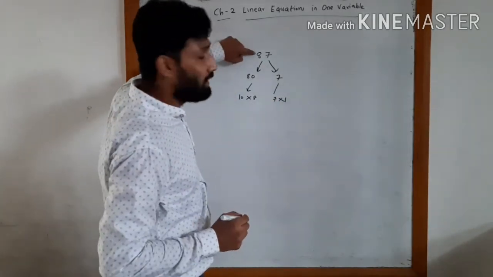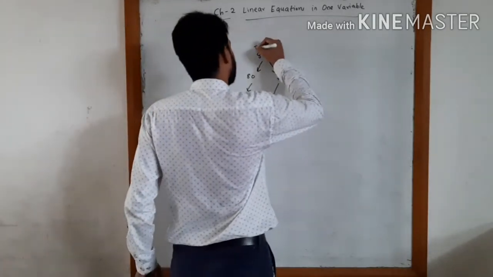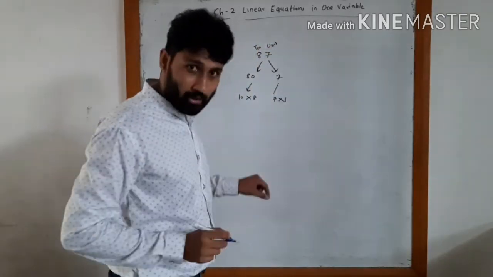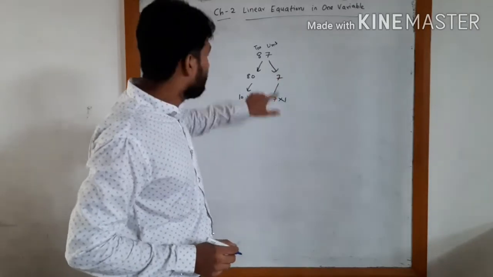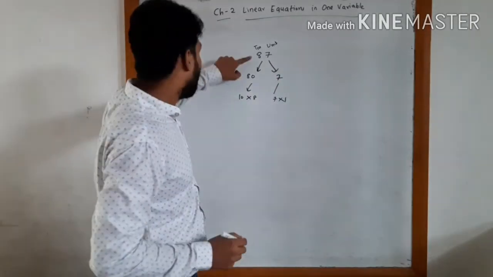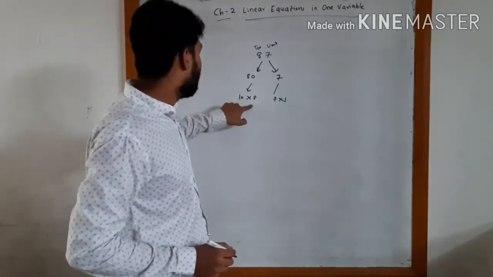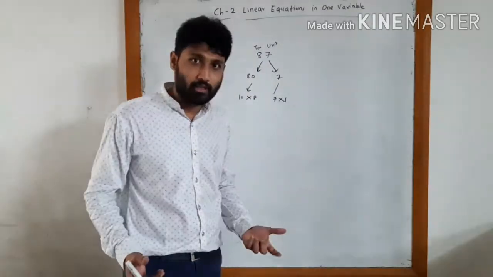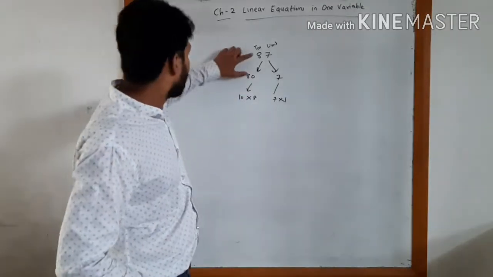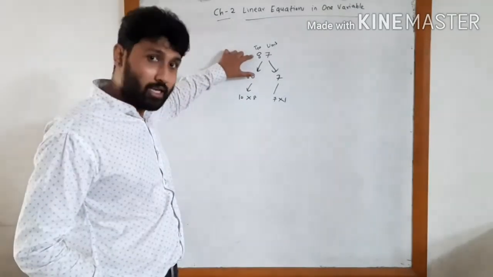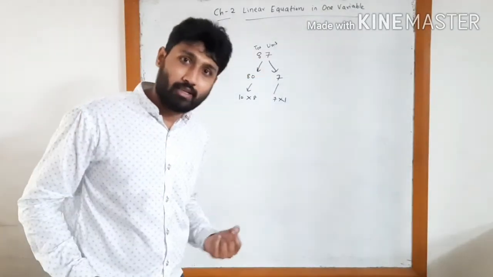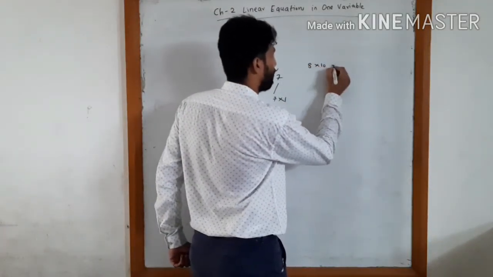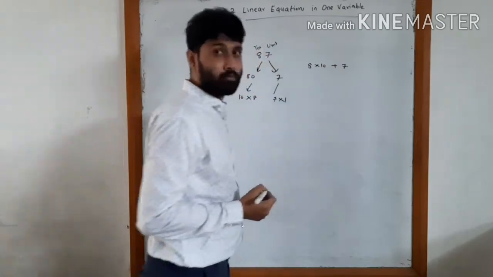You know that 8 is at the tens place and 7 is at the units place, which means the value of 7 is 7 into 1 and the value of 8 is 8 into 10 because it is at the tens place. This is a basic thing which you all know. So if I want to represent 87, I can represent it as 8 into 10 plus 7.